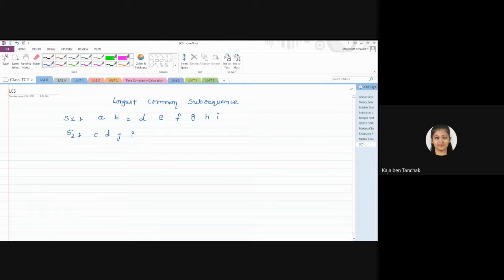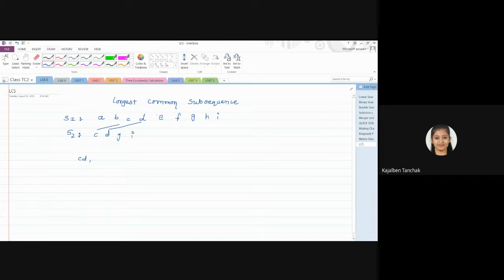Fine. So here, see, a single character is also possible, right? But generally we have to check the ordering. So for that we need at least two characters. A length of two is possible. So CD, here also C and D are in the same order, right? So CD is a common subsequence. Then DG, before G there is a D in string one also.